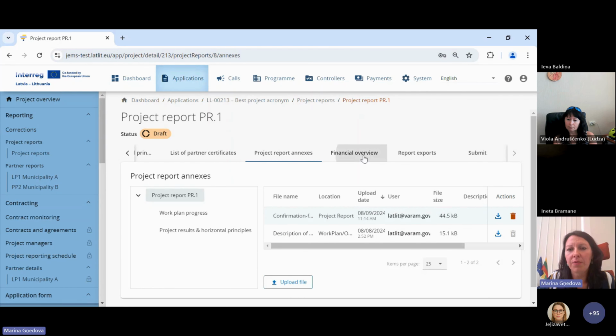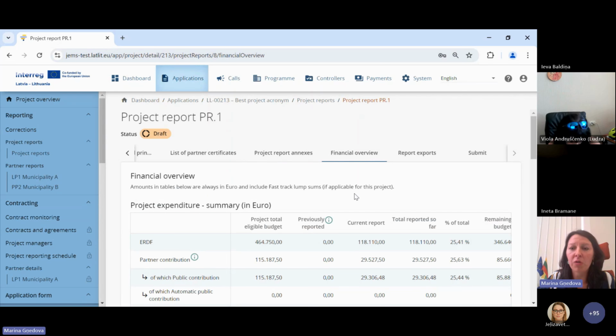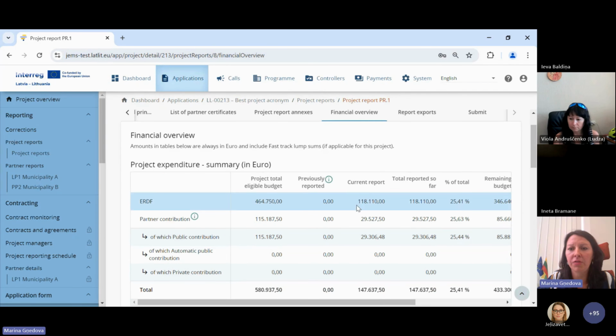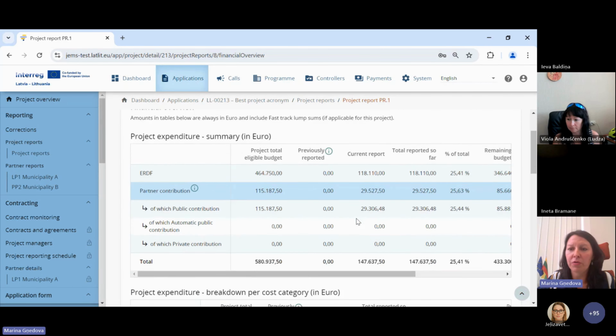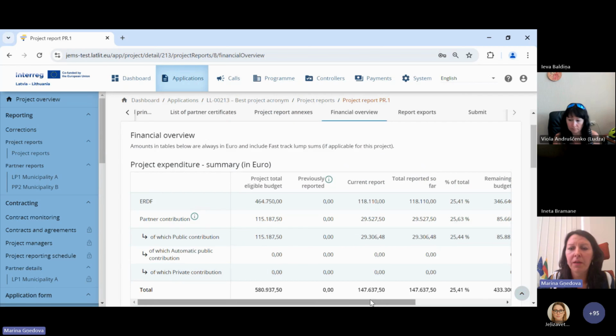The next step, I would recommend to go to the financial overview tables because the costs already are attached and you see the current report, how much is reported, what are the contributions of partners. The first